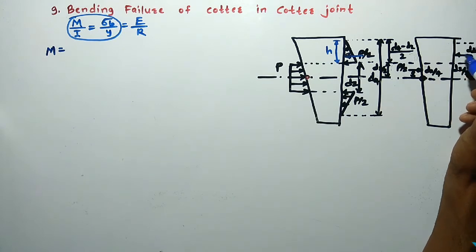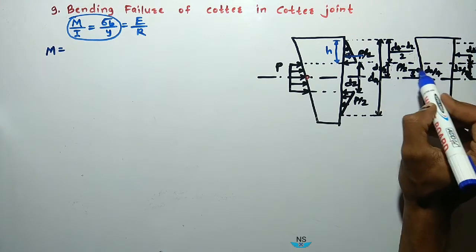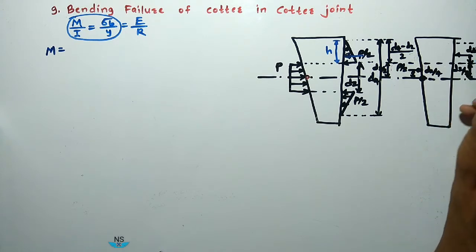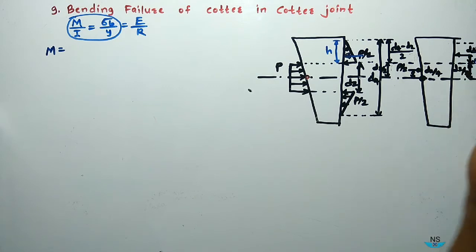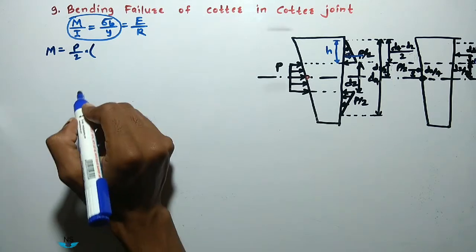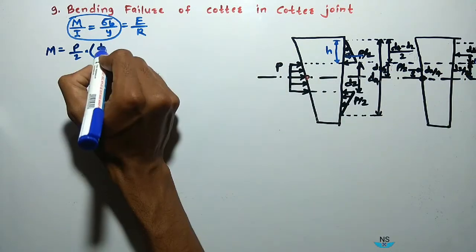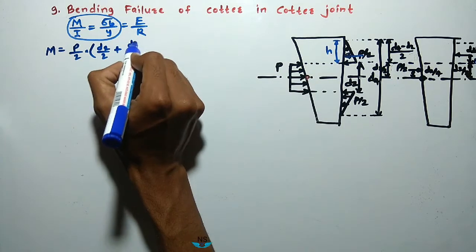Now I will take the anti-clockwise moment as positive and clockwise moment as negative. So this is clockwise moment, this is anti-clockwise. So I will take anti-clockwise as positive. This load is P by 2. So P by 2 into this distance, which is D2 by 2 plus (D4 minus D2) divided by 6. So P by 2 into D2 by 2